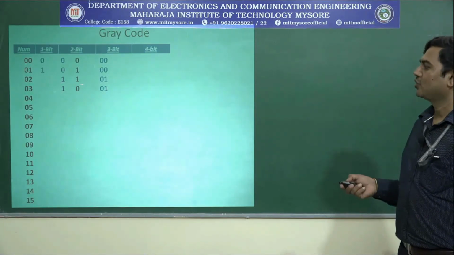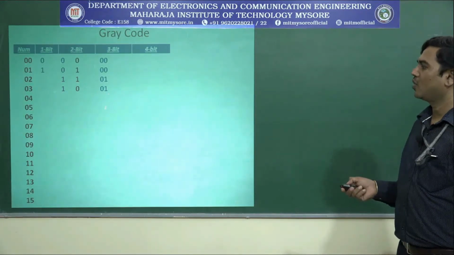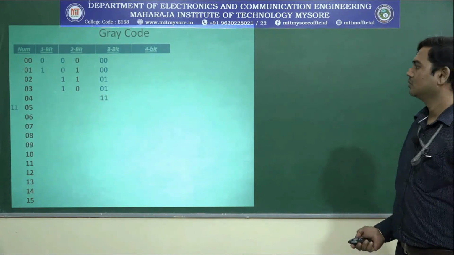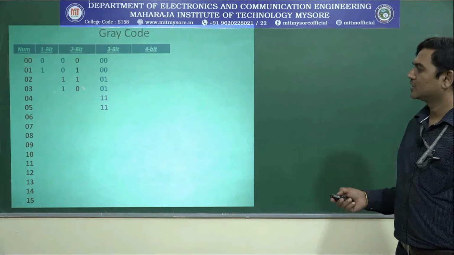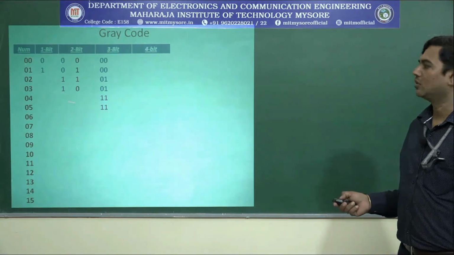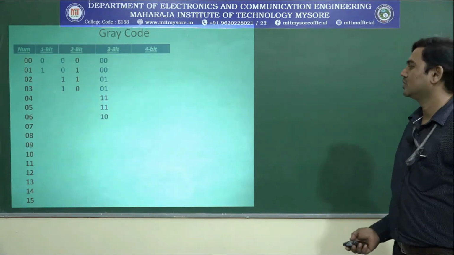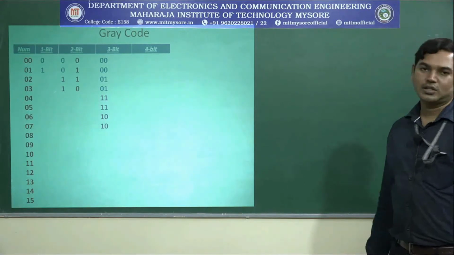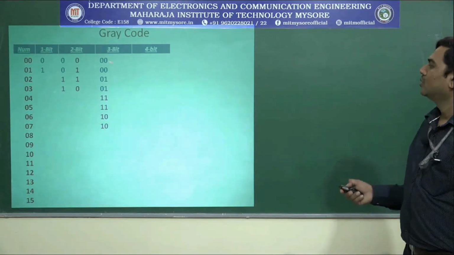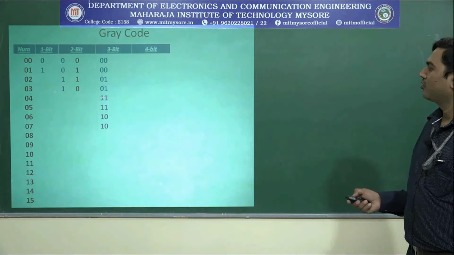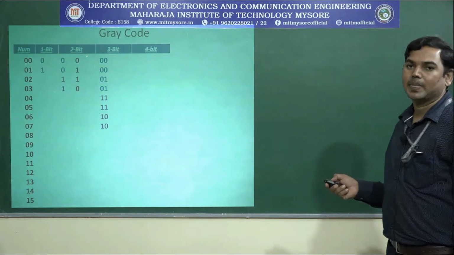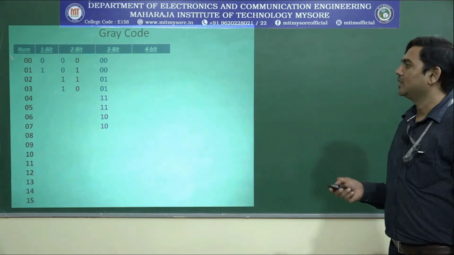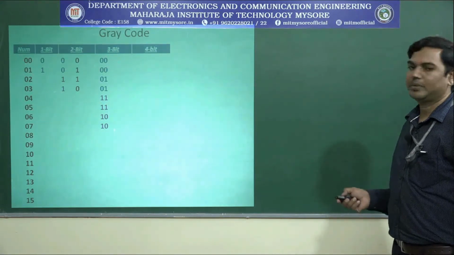What is the next number? You have 1 1. So, write 1 1 two times. Right? Is there one more number representation? Yes, that is 1 0. Let us write 1 0 twice, 1 0 1 0. What is the next step? 1, 2, 3, 4, 5, 6, 7, 8. We have 8 representations, but the code says 3 bit. You need to represent these set of numbers using 3 bits.